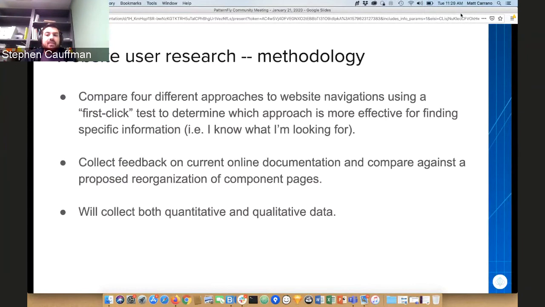So first click, we basically tell them, you are looking for this piece of information on the site, and then they will click where they think they'll find that information. And so we get an idea of how fast people are able to locate information and whether they're looking in the right place. As for the documentation, we are going to be collecting feedback on the current online documentation